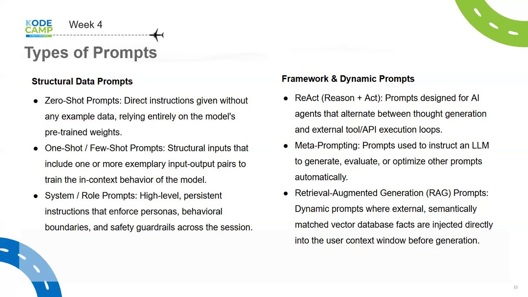So even though it says to train the in-context behavior of the model, you are essentially training it in a way, not training it as in altering the parameters of the model, but giving it rules and bases of how to arrive at different